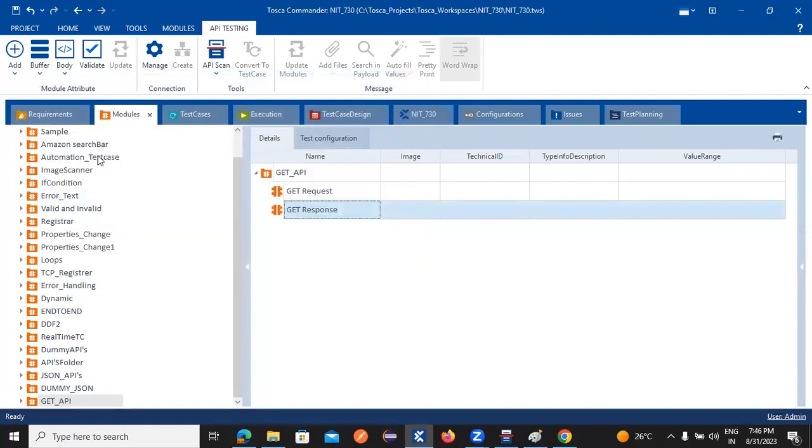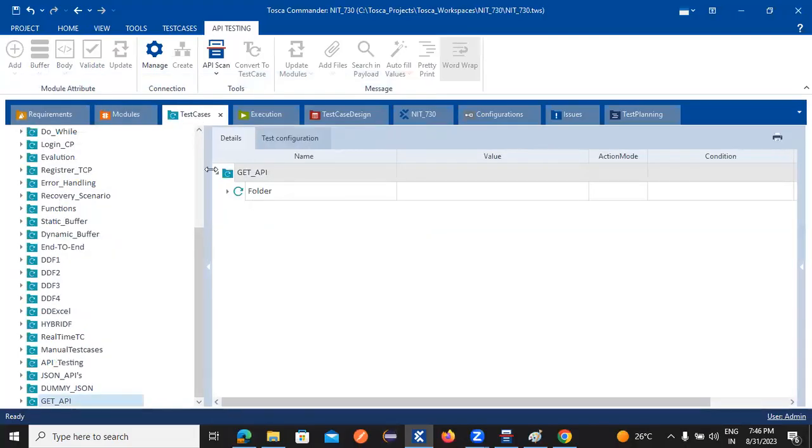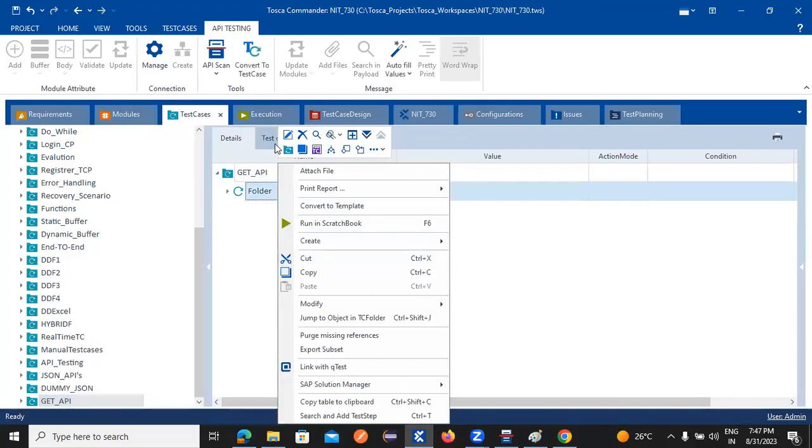Once we create the API test case at test case folder level,